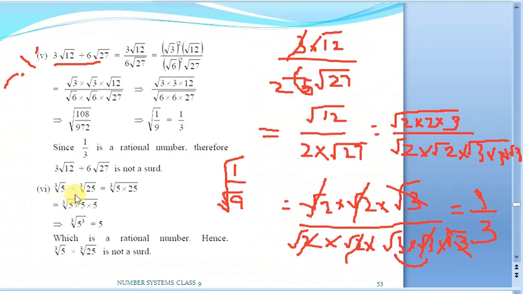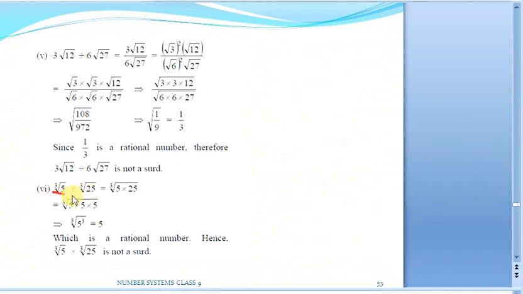Cube root of 5 into cube root of 25. We need to tell whether it is going to be a surd or not. So, as I told you, try to take the common order for everything there is in multiplication. Now see, the order is 3 here, and here also the order is 3. Why can we multiply them? Because the powers are the same. Multiply the bases and keep the common power.